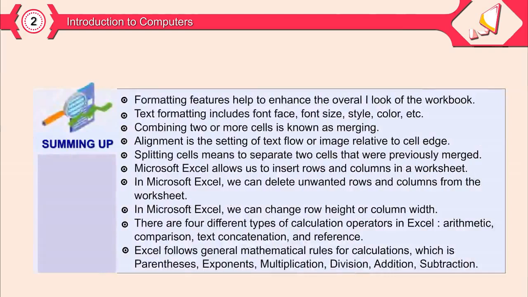Microsoft Excel allows us to insert rows and columns in a worksheet. In Microsoft Excel, we can delete unwanted rows and columns from the worksheet. In Microsoft Excel, we can change row height and column width. There are 4 different types of calculation operators in Excel: arithmetic, comparison, text concatenation, and reference. Excel follows general mathematical rules for calculations, which is parentheses, exponents, multiplication, division, addition,